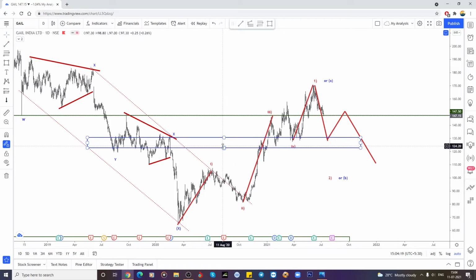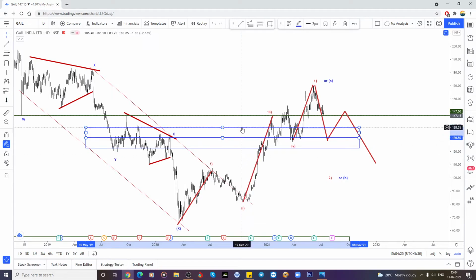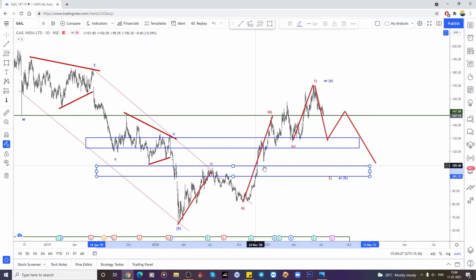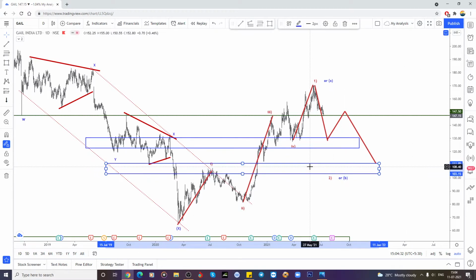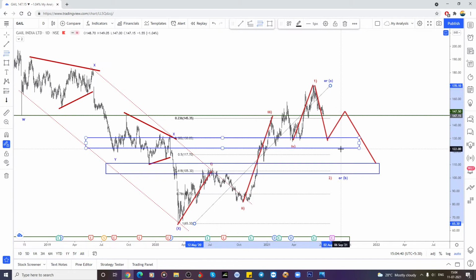So what you have to do, just clone this, place it here. That's it. It will correlate your Elliott wave count also. So if it is a simple correction, with the Fibonacci retracement for the one swing or the 5 strips,